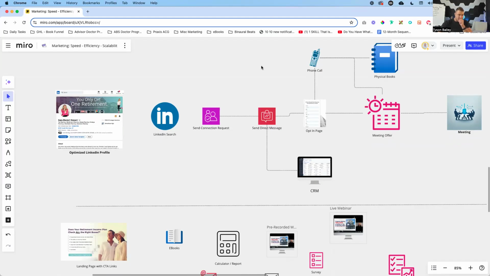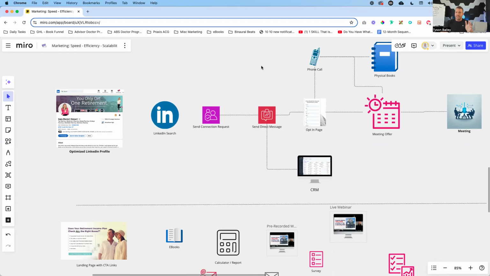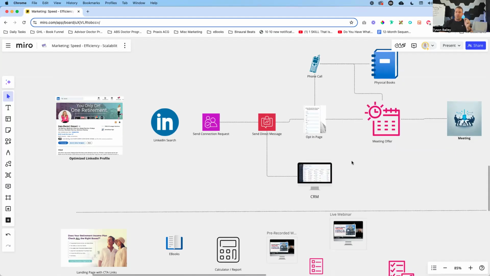This is where, when somebody gets to a point in their business where they no longer have time to do the manual work on their side, you can start implementing different elements, different pieces in order to increase the speed, the efficiency, and the scalability, okay? Money loves speed. And so everything that we do, we want to make sure that we are going as fast as possible in the most efficient and effective way possible, okay?